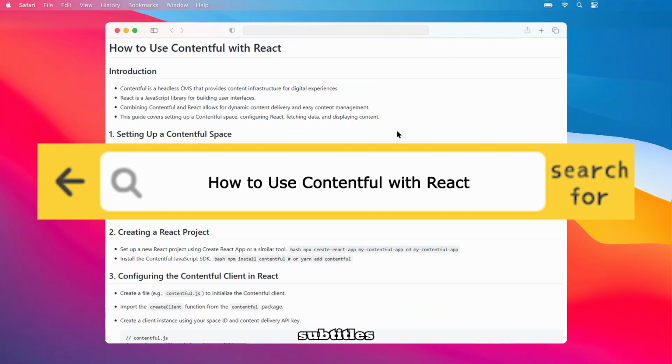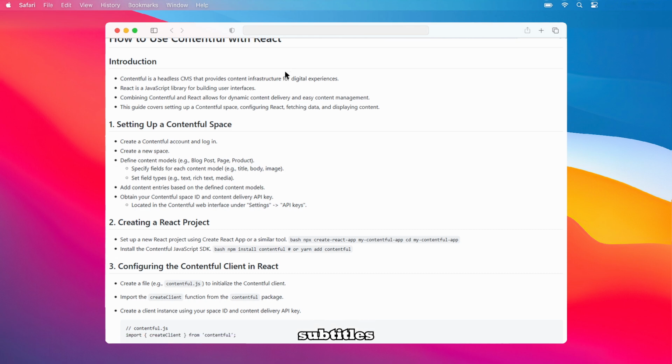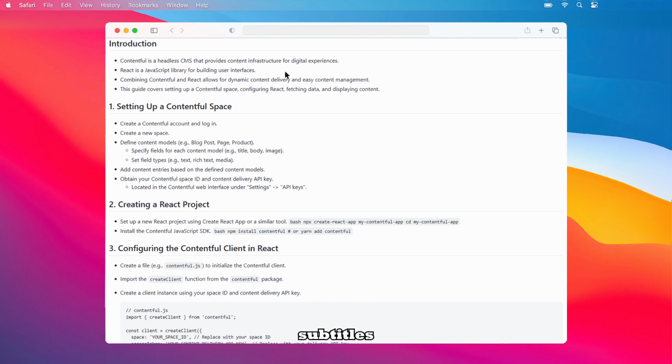Today, we're going to learn how to use Contentful with React. Contentful is a headless CMS that provides the content infrastructure you need for all sorts of digital experiences, and React is a fantastic JavaScript library for building user interfaces. Combining the two allows for dynamic content delivery and very easy content management. This guide will walk you through setting up a Contentful space, configuring React, fetching the data, and, of course, displaying